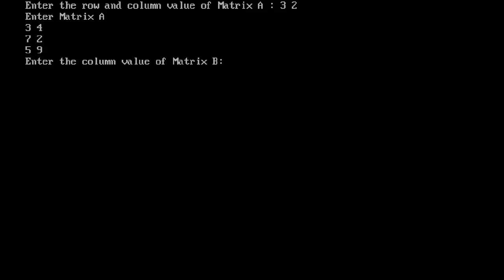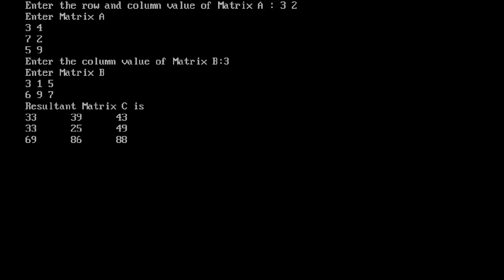Next, I am giving the column value of the B matrix as 3 and I am giving the elements 3 1 5, 6 9 7. See there, here we'll get the result like this.